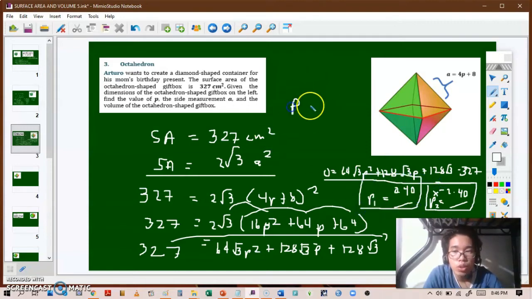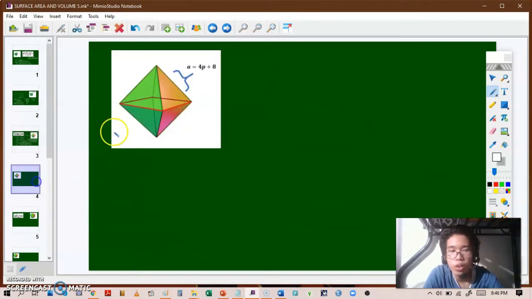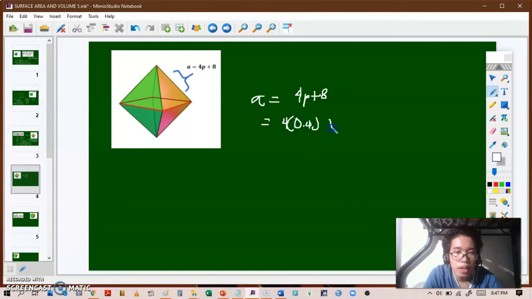So p is equal to 0.4, and from here we can substitute this value to get the measurement of the congruent sides of the octahedron, a. So that's going to be 4p plus 8, and the value of our p is 0.4, so that's 4 times 0.4 plus 8. That will give you 1.6 plus 8, so that means a is equal to